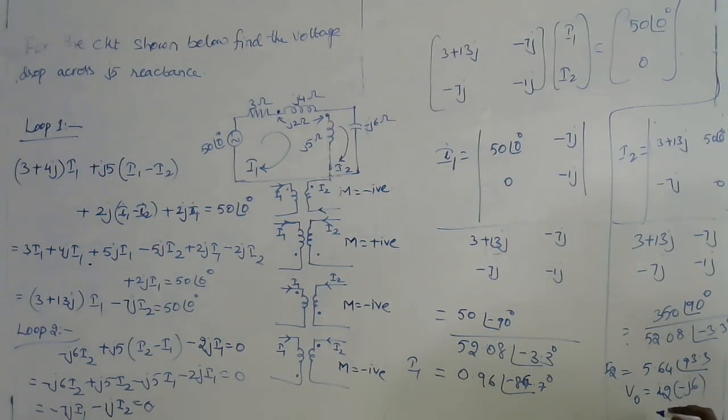So I2 is 5.64 angle 93.3 into minus J6, which can be written as I2 is 5.64 angle 93.3, and here minus